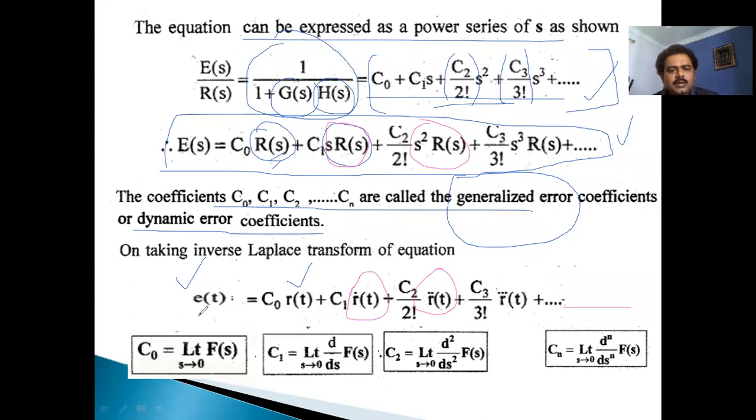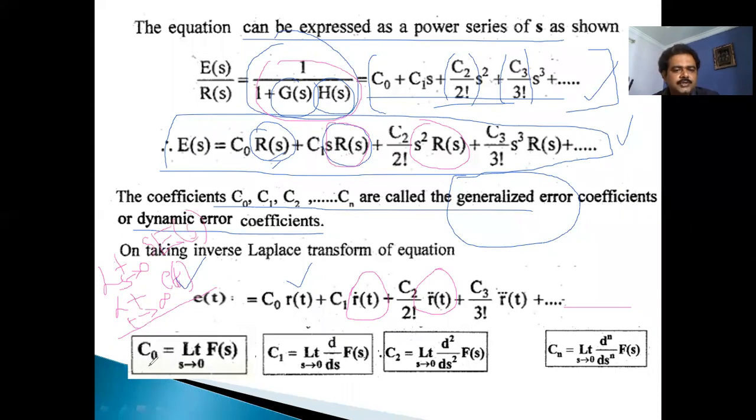So here, now using this, if I assume this is F of s, okay, so limit t tends to infinity of whatever be the error, that is nothing but steady state. Otherwise, limit s tends to 0, the definition for steady state error, s tends to 0, s into E of s is called as steady state error.